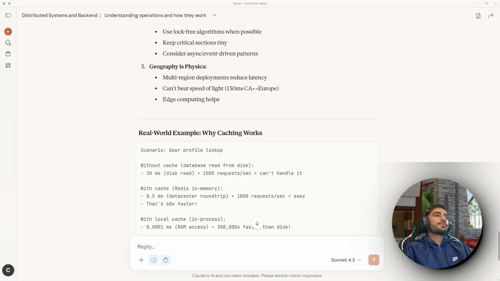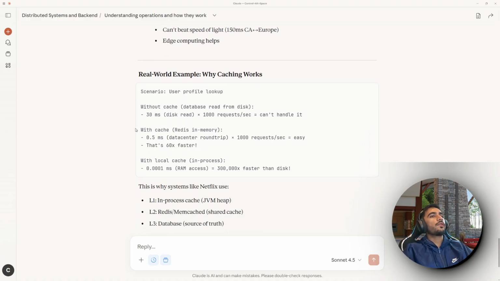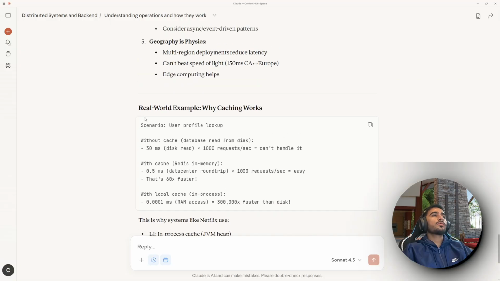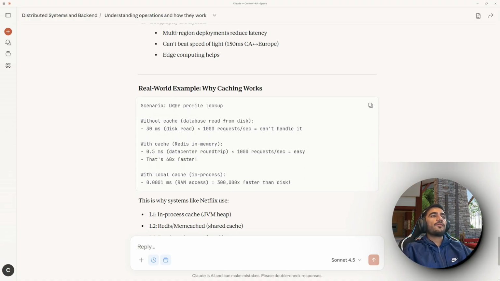Edge computing helps. Okay, edge computing is another, not a recent trend, but yeah, doing things on the user devices as much as possible. But take it with a pinch of salt. It has its own nuances in designing it. So yeah, that was about the various network calls and how the data is fetched from various places. So, a small example of why caching works.